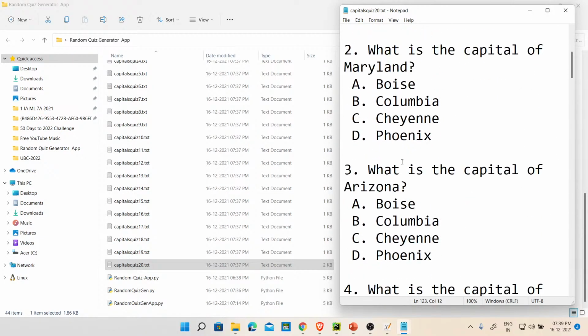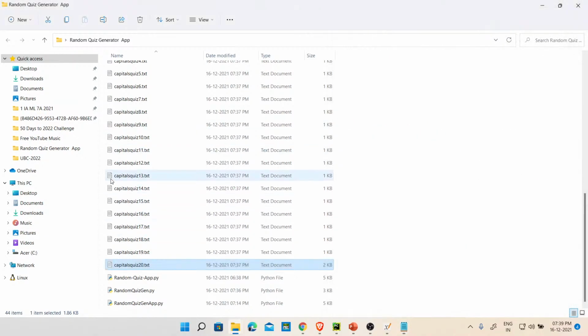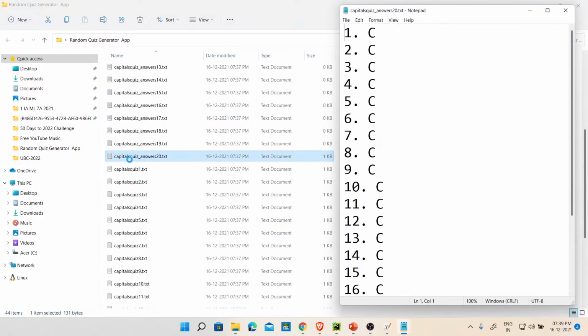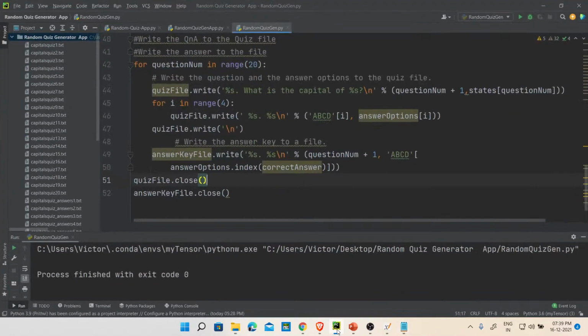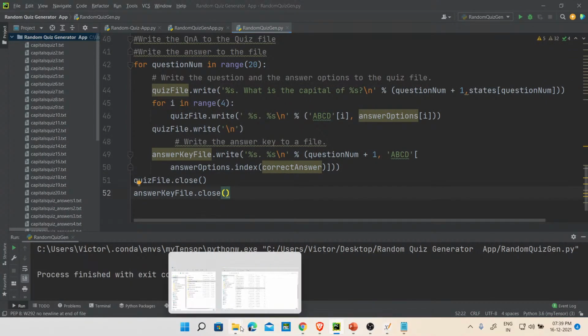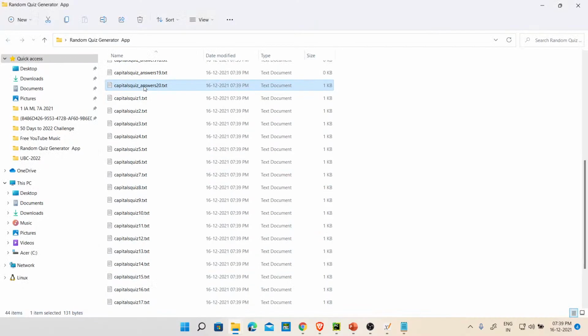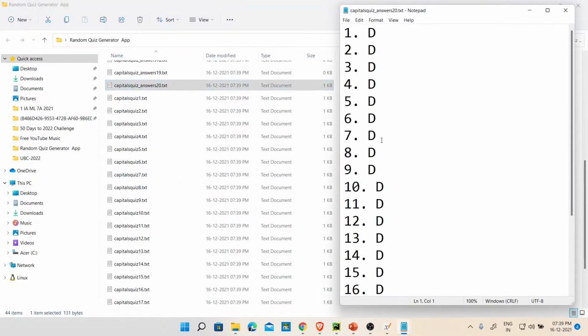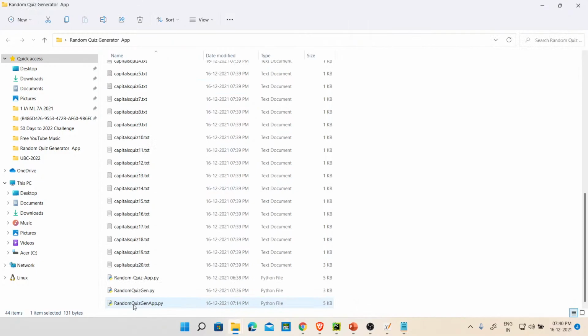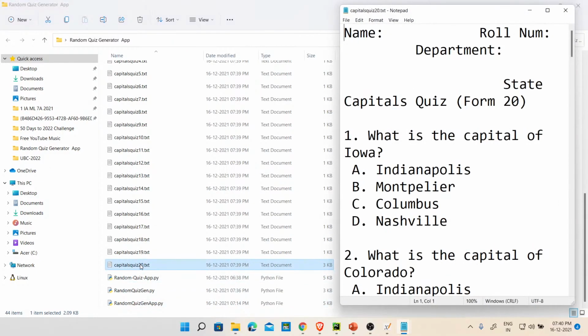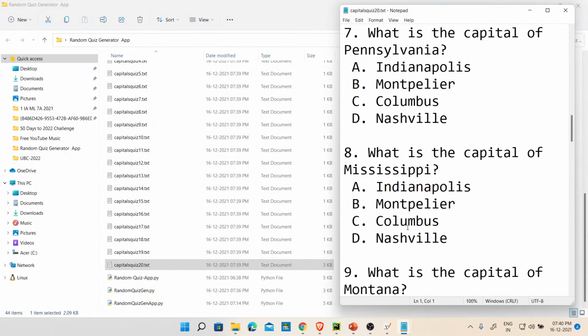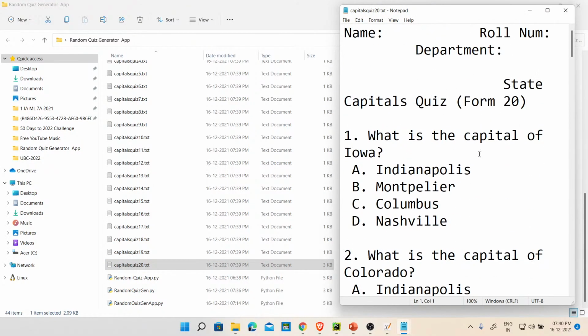And if you see, if I run this again, this is 20. The option was C. Let's run this again and see. Control Shift F10. Now if I run it and go back to the 20th one, the option is D, and then what is that question? What is the capital of Iowa? Nashville, or Nashville, depending on how they pronounce it. Don't beat me.